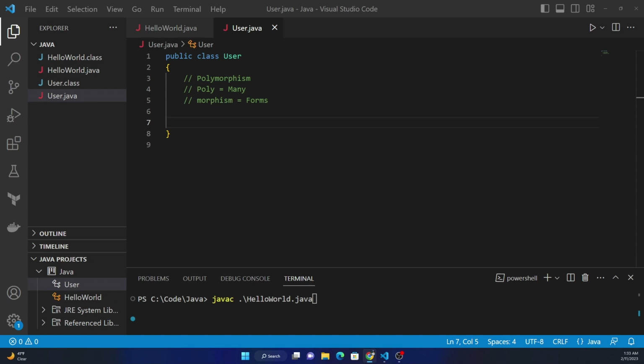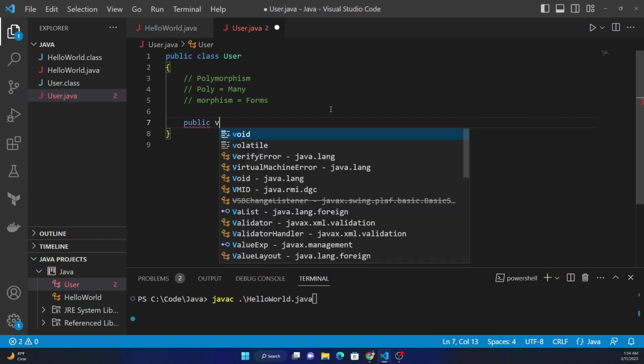Method overloading is also called compile time polymorphism, and method overriding is called runtime polymorphism. When I walk through overloading and overriding, it will be more clear why one is called compile time versus the other runtime polymorphism. Method overloading, as the name suggests, is overloading a method, meaning the same method name with different parameters and/or return types. So we can have a public void